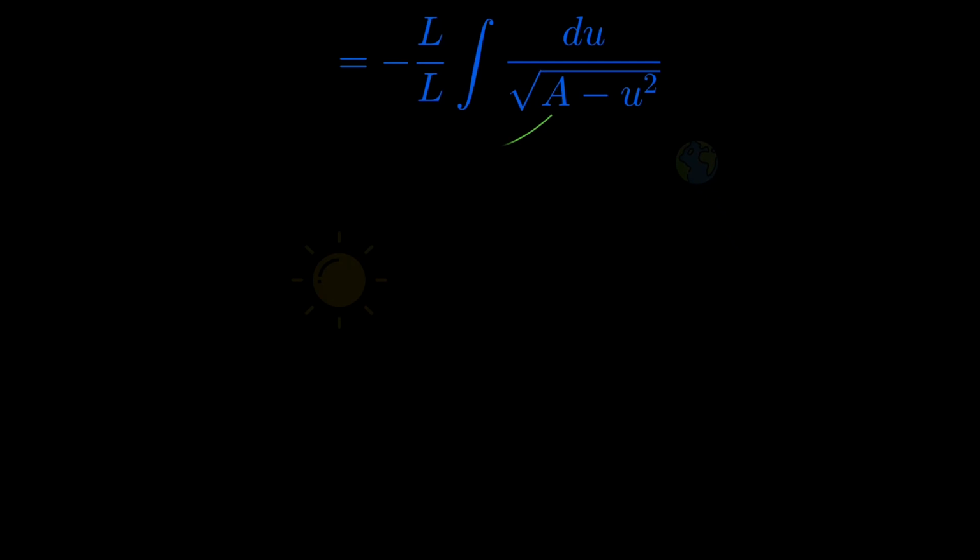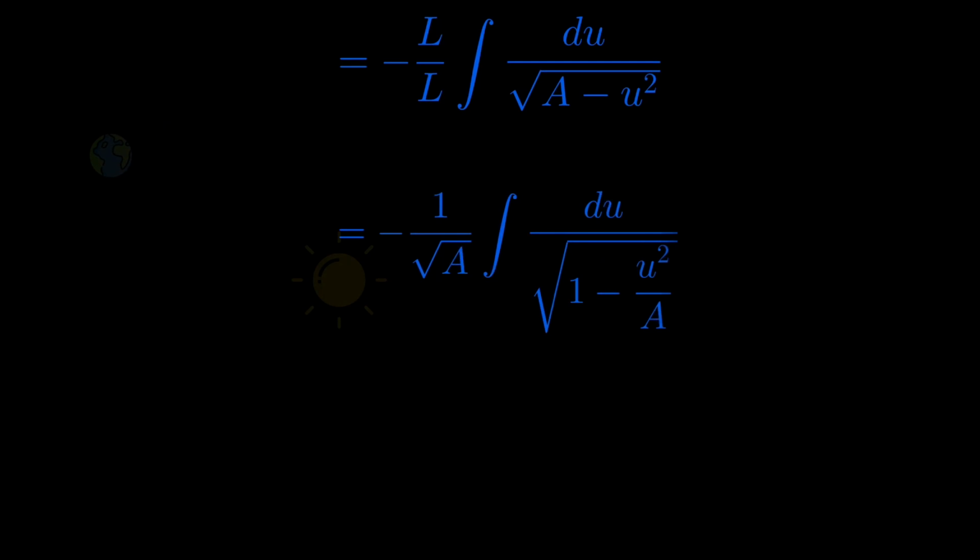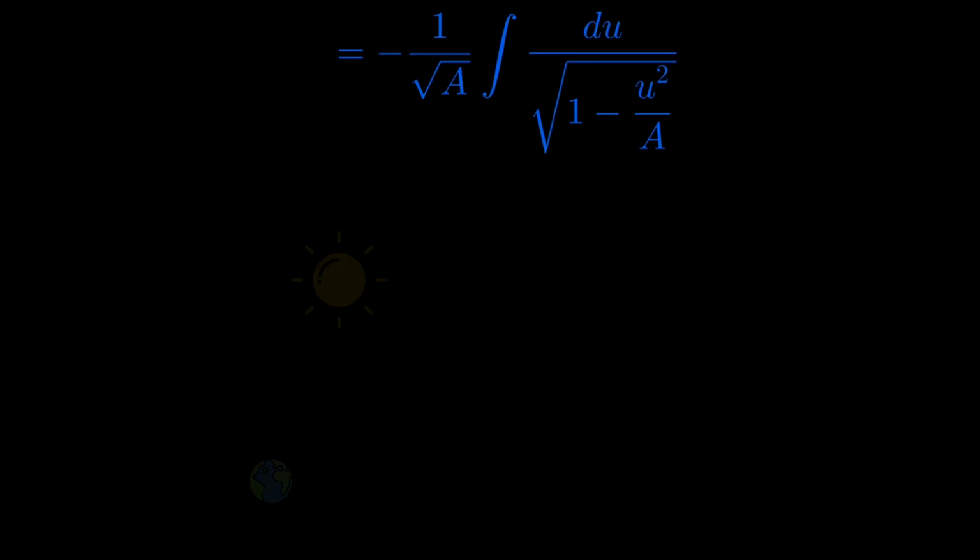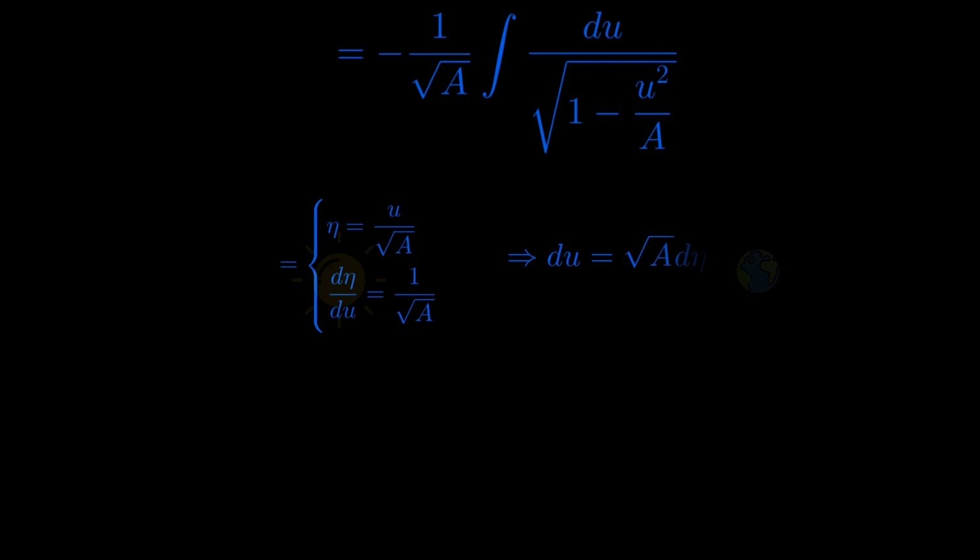Then we can extract the a as a constant factor out of the square root and the integral to perform another beautiful substitution. And yeah, I know we could have combined some of those substitutions, but for the sake of simplicity I wanted to do it as explicit as possible. So now we substitute with eta being u over the square root of a. The derivative of eta is 1 over the square root of a, and therefore du is the square root of a times d eta. And plugging this into the integral, we get a beautiful expression